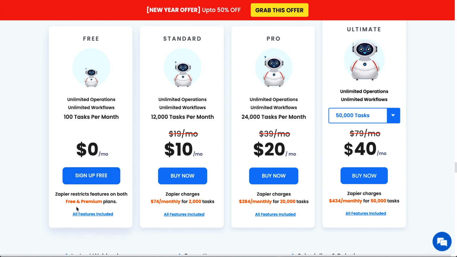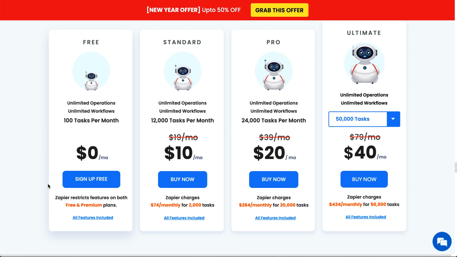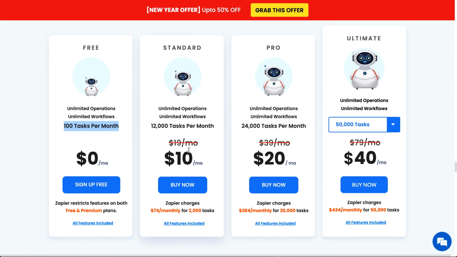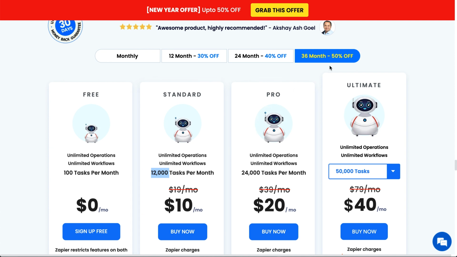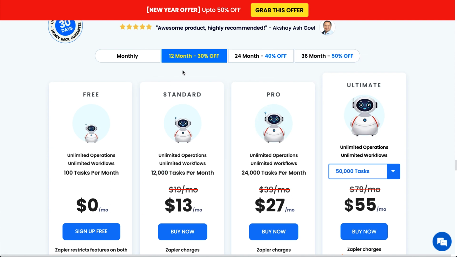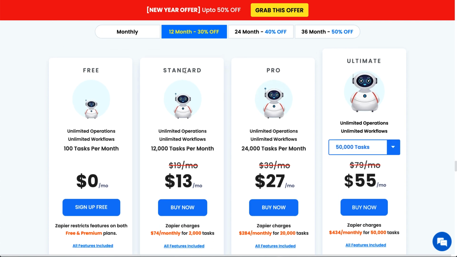And even here they have this, compared to Zapier, which restricts features on both free and premium plans. 100 tasks a month, so still your tasks are not going to get you very far, but it does let you try it out. But look at this, $10 a month for 12,000 tasks. All right, that's half the price. Now, that's the 36-month plan. So the 12-month plan would be more comparable to that $20 a month we were looking at.